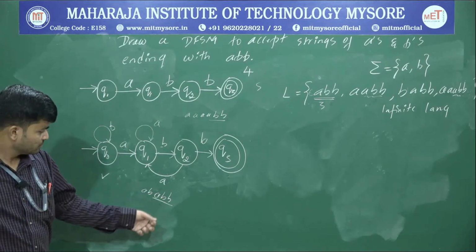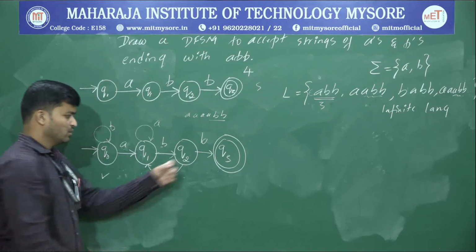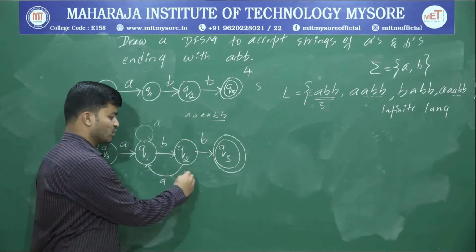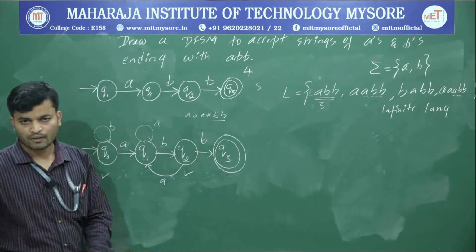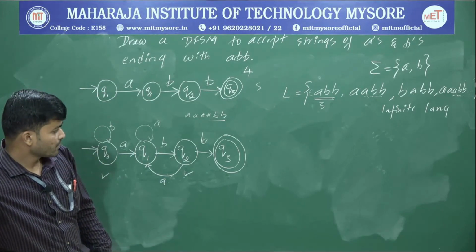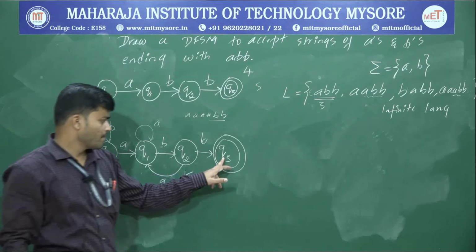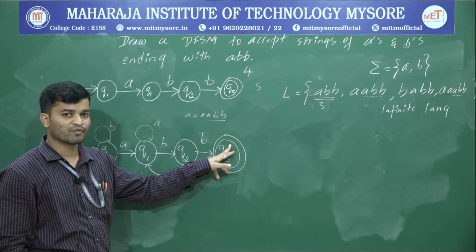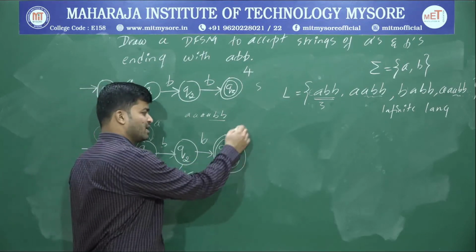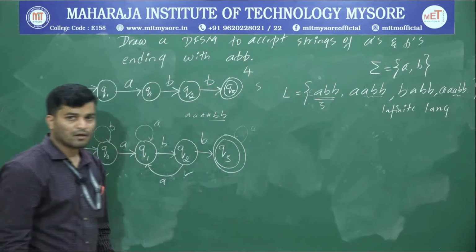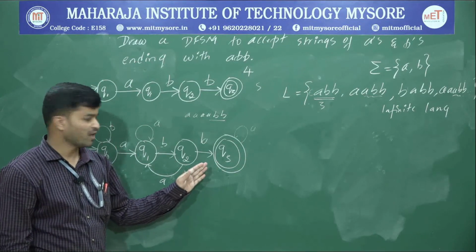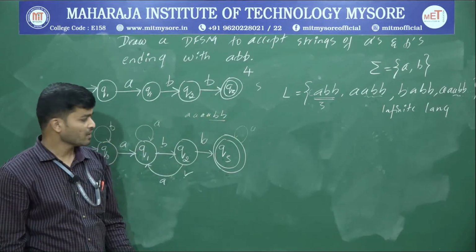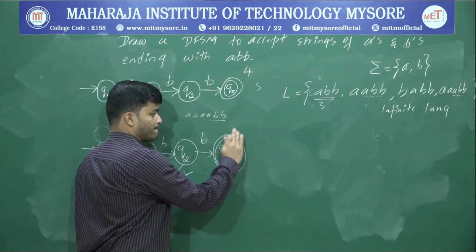Okay. Now observe that Q2 has a path for B and a path for A. Therefore, Q2 is also over. Now go to Q3. Q3 upon A. So what's the first option? Loop. If I go with a loop, what will happen? I'll go into n number of A's. That will not become a valid option. Why? Because that is going to end with A, and our requirement is that it should end with ABB. Okay, loop is not a valid option.